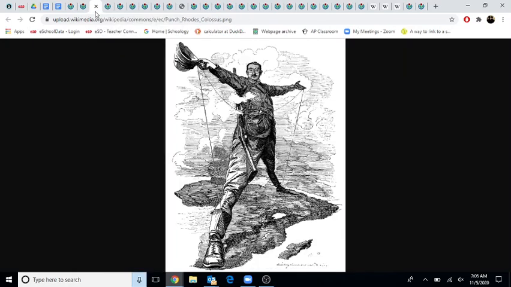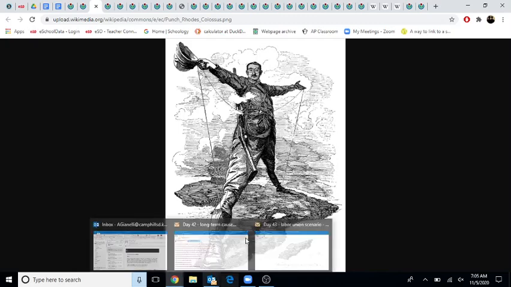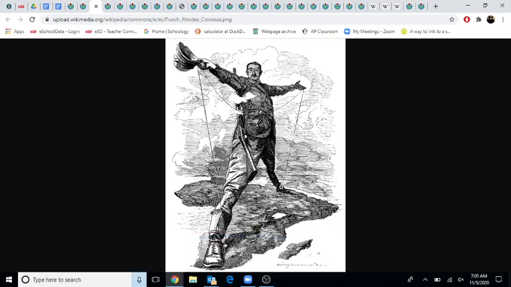You can see here, this is Cecil Rhodes, the British guy they named the Rhodes Scholarship after. This guy was a huge colonialist. You can see here he's the Colossus of Rhodes, and he's striding from one end of Africa, in South Africa, to Egypt on the other end. Huge area.